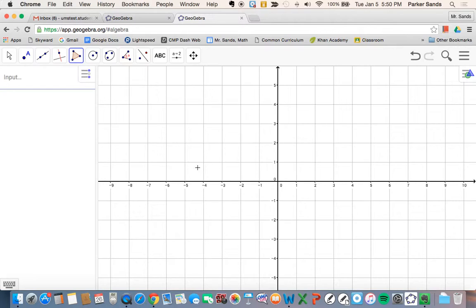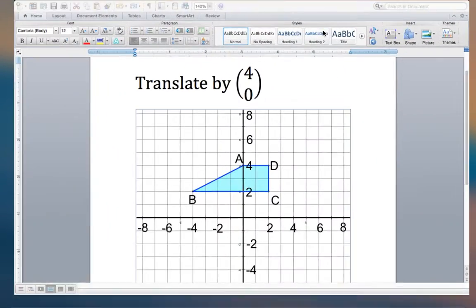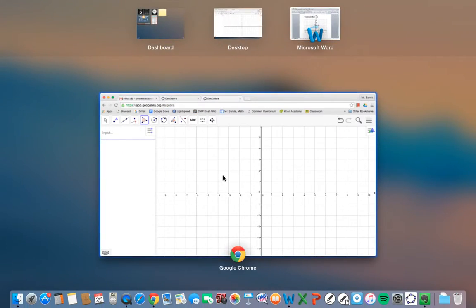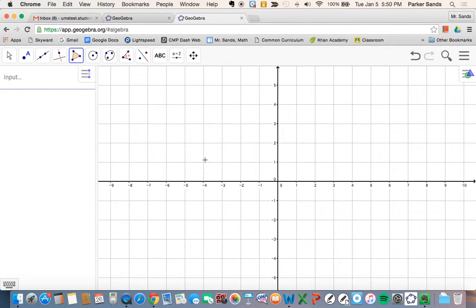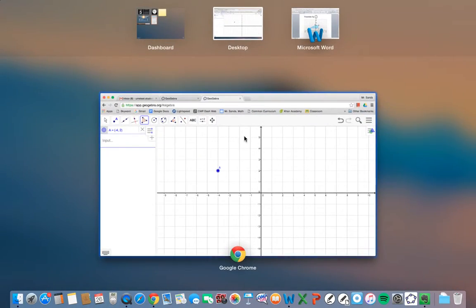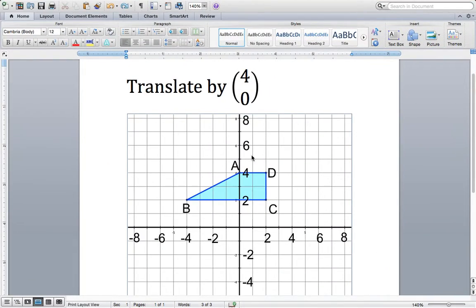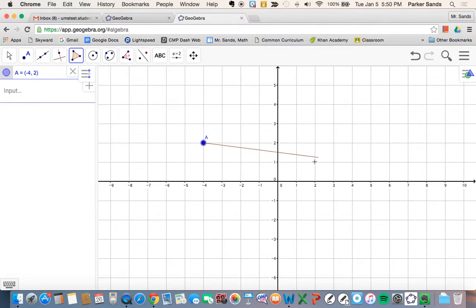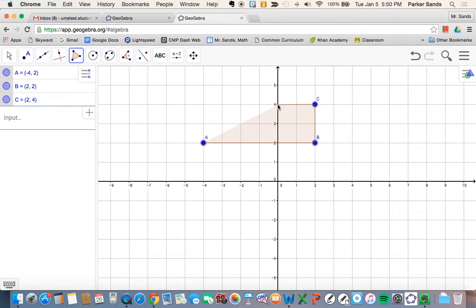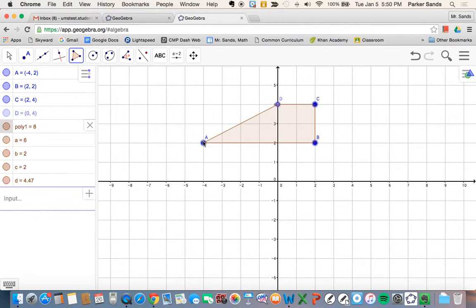So our first point, I already forgot what it was, but I can quickly check back. -4, 2. Make 1 point there. And then I think our next one was 2, 2. 2 over, 2 up, and then we went up 2. You see, I'm just clicking right on where the grids are, and then I come back. So I just basically connect the dots, make 4 individual dots and connect the shape,